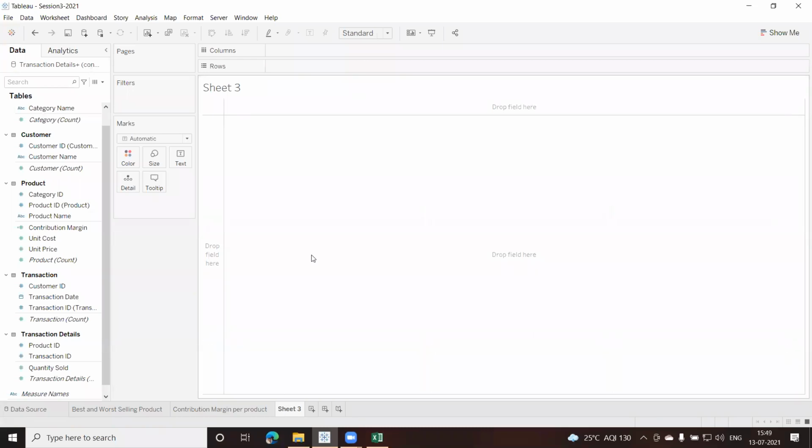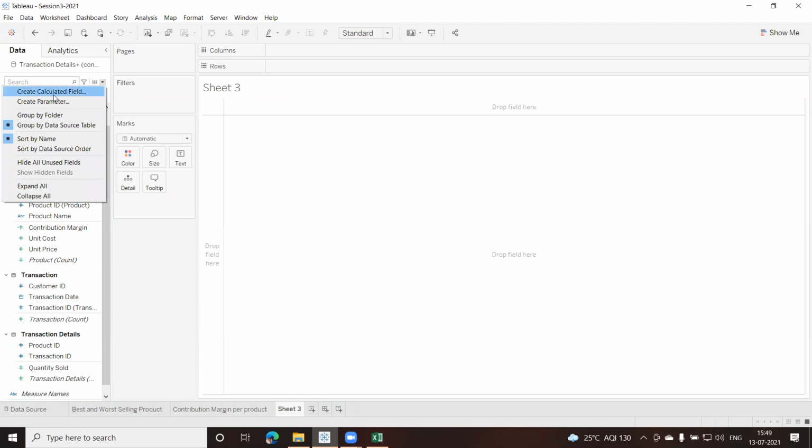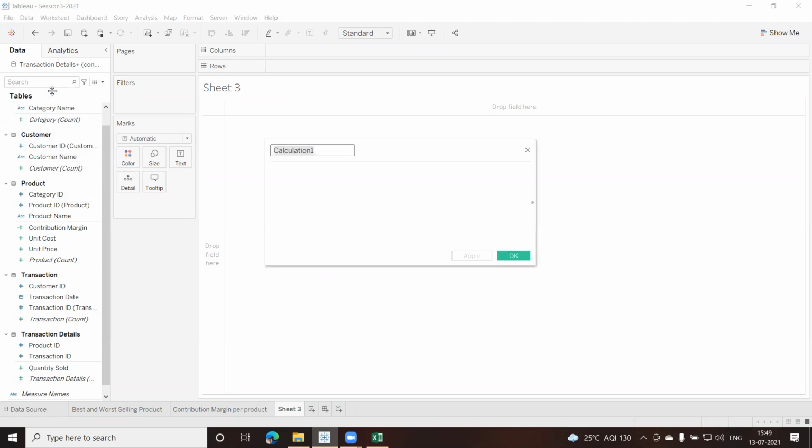I'm adding another sheet. When we are talking about sales revenue, profit, and the profit margin per category and per product, again there are some calculated fields. That means I need to calculate sales revenue. How do I do that? You can click on this drop down, click on create calculated fields. Let us name this sales revenue. Click inside this box. This time I have quantity sold multiplied by the price.